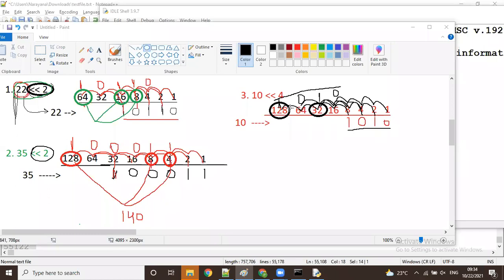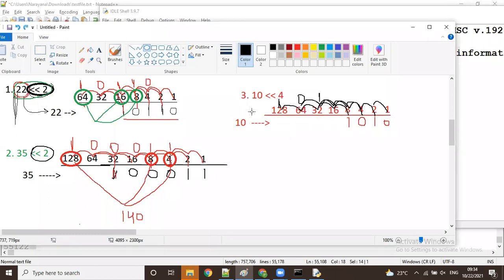So see, guys, it all depends upon this number, right? Initially, for 10, we take down up to 8 only, guys, right? Up to 8 is enough. 10 means up to 8, right? So 1, 0, 1, 0 came. Now what I want is 4 places to the left side, moving 4 places. So I have taken the 4 places.